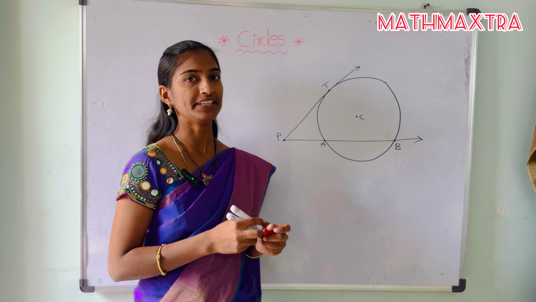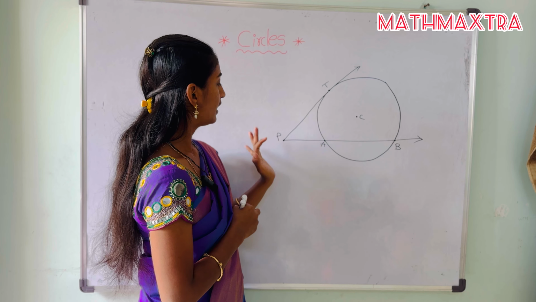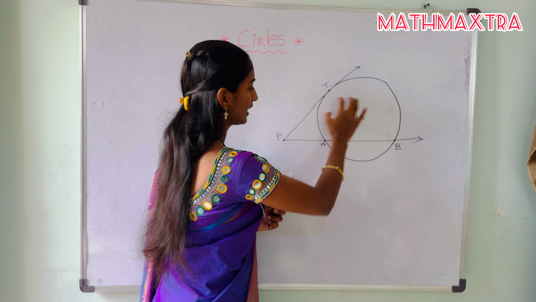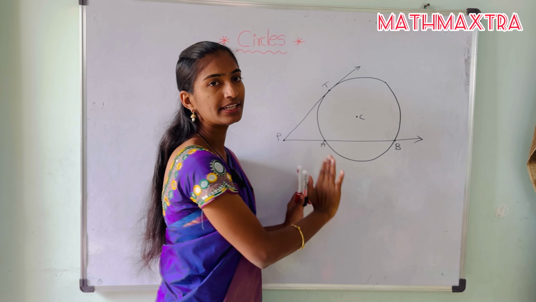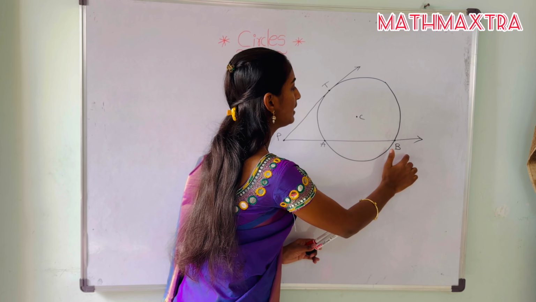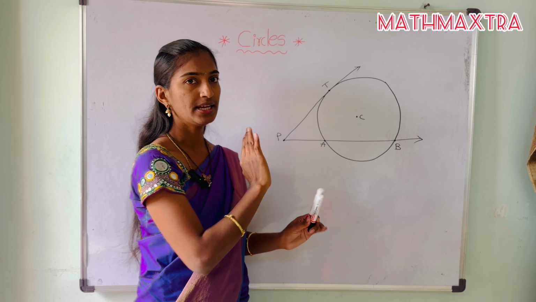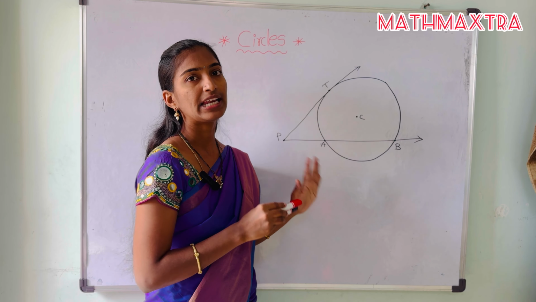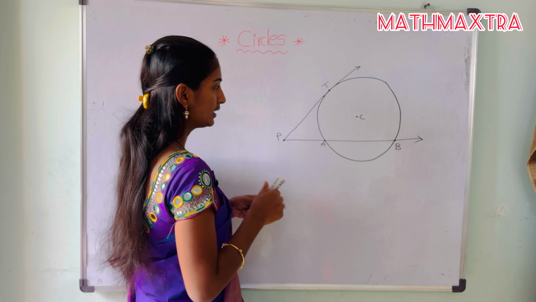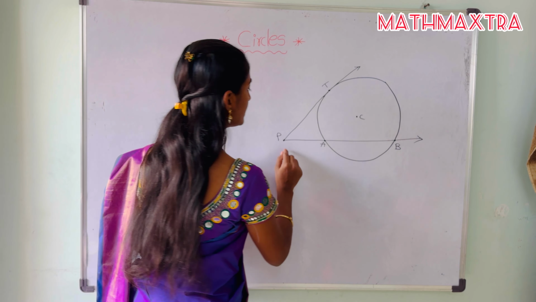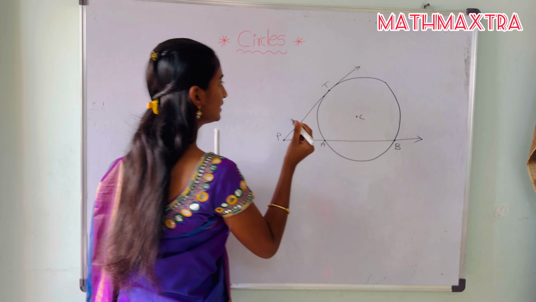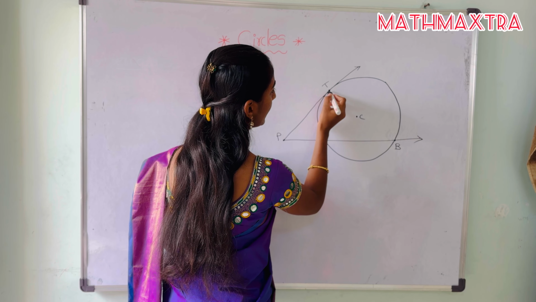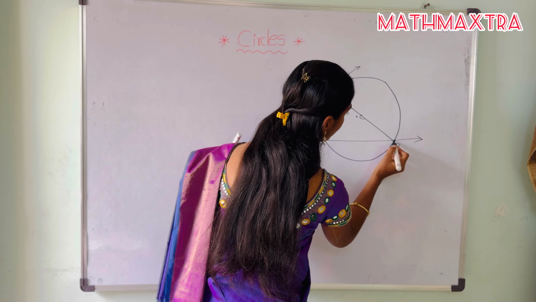Our next point is, see, this is the given figure, and this PT is a tangent to the circle and PAB is a secant line given to the circle. When the tangent and secant line are given to the circle, what is the relation between them? Now we have to see. If you join the point of contact T to the point A and to the point B,